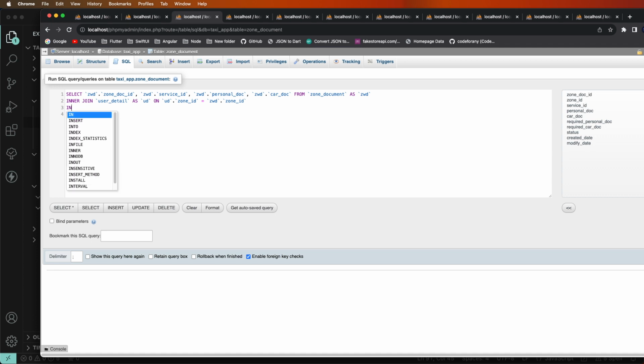Now another inner join, need to set this here, and to write down here the service detail tables, need here for the service information related to this query. Give this here the short name as SD, and all methods need to write down here the SD dot service ID is equal to the WD service ID and conditions here, SD status